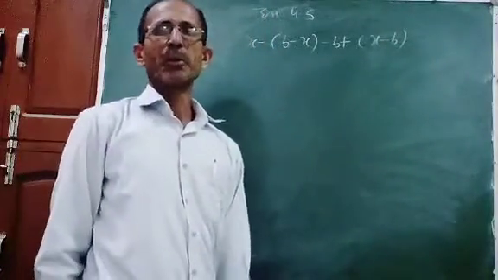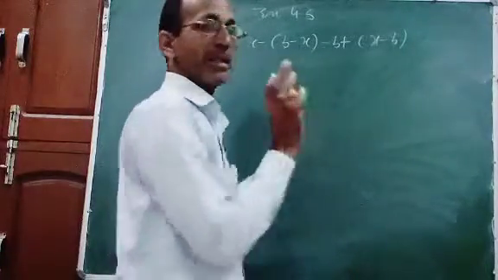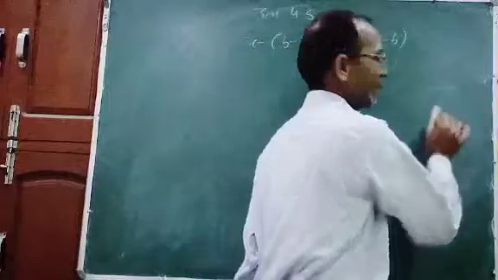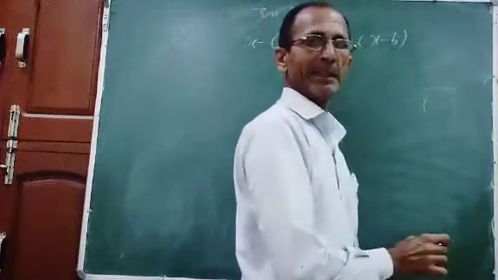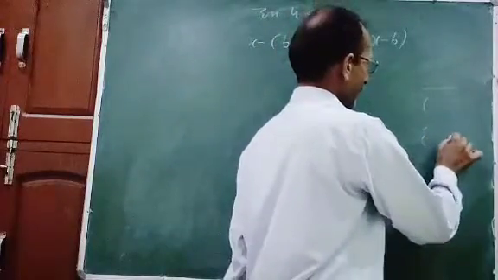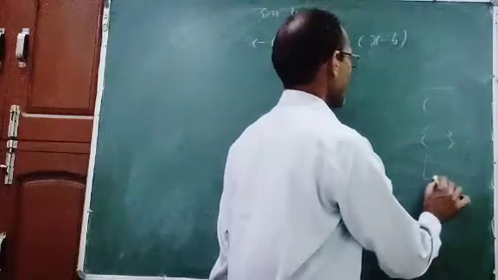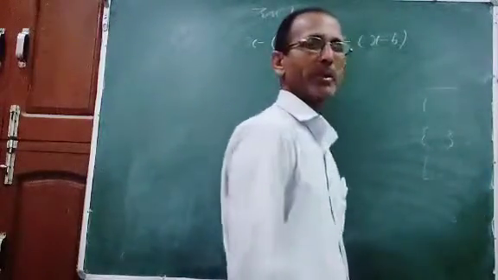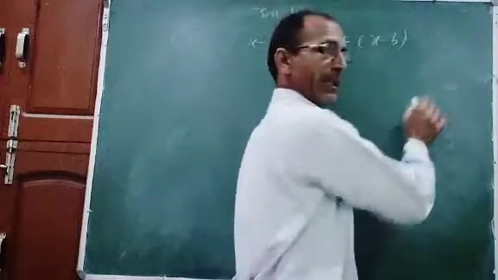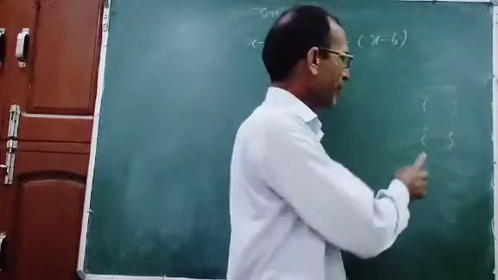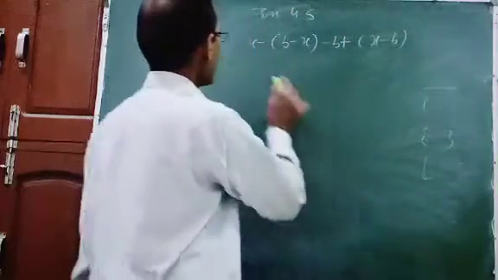So you know the rules to solve the bracket. First, the line bracket; if the line bracket is not there, then the small bracket. If small is not there, then the curly bracket. If curly is not there, then this is the large bracket, or you can say square bracket. First line, then small, then curly, then square bracket. So first question.